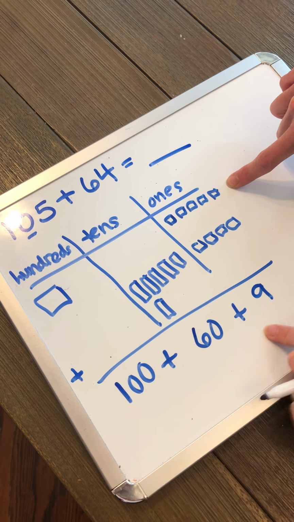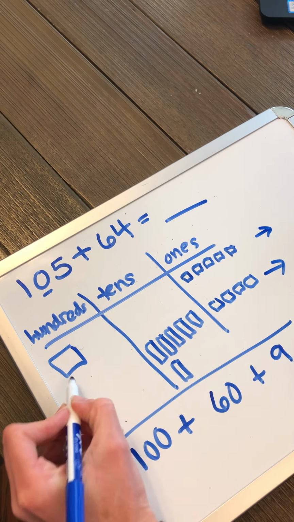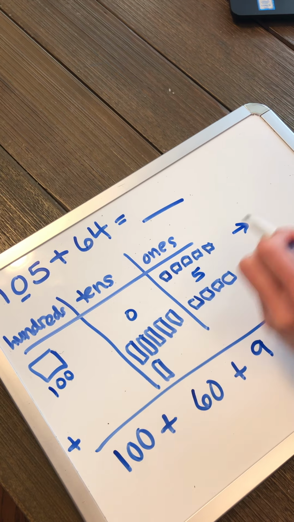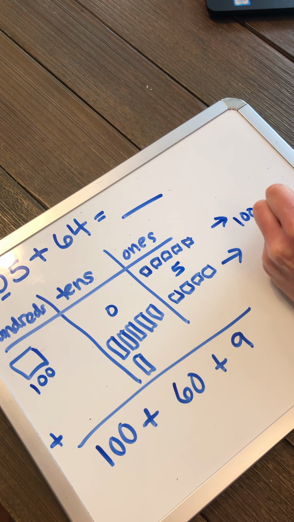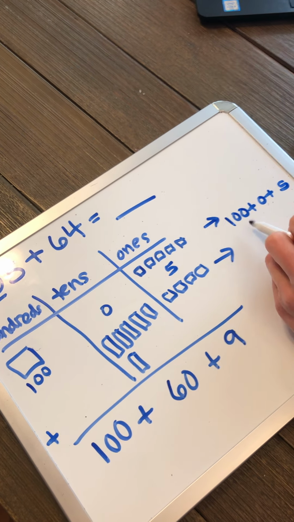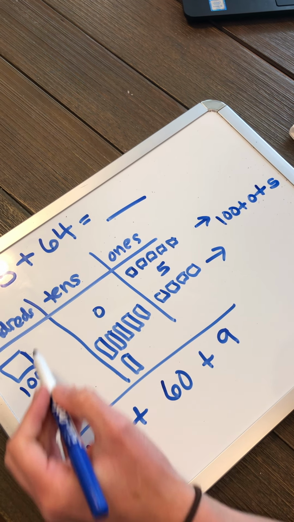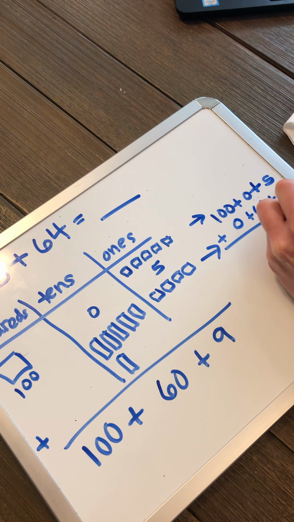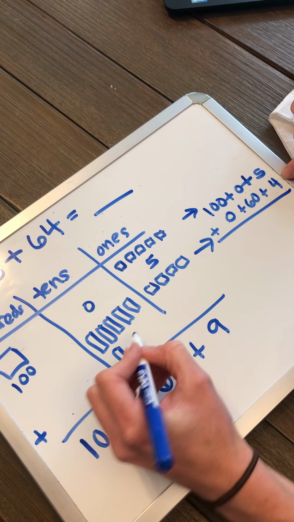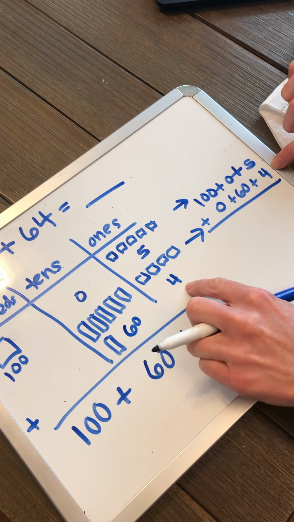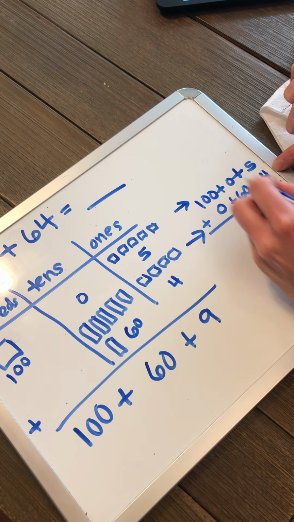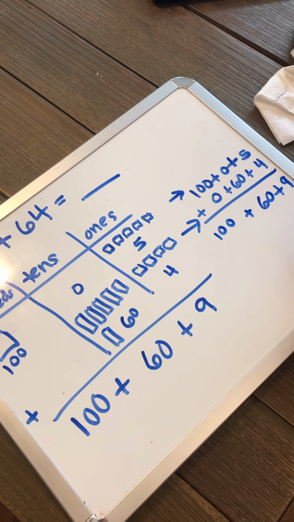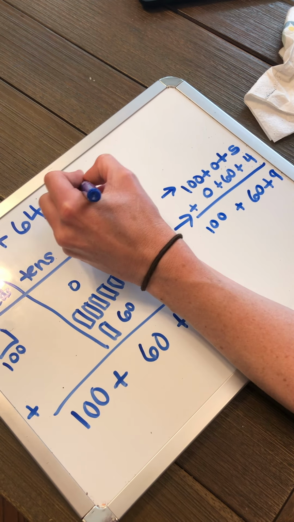169. For expanded form, there would just be no value in the tens here. So I would expand 105, 100 plus 0 plus 5. And then if it's 64, I'm adding no hundreds plus 60 plus 4. 5 plus 4 is 9. 0 plus 60 is 60. And 100 plus nothing is 100. So our sum is